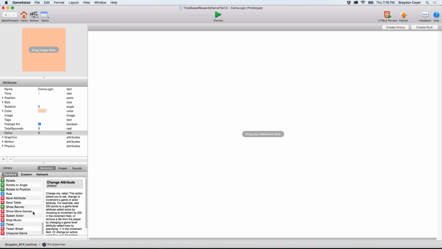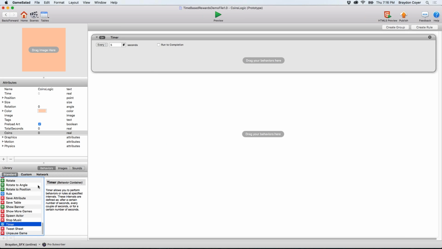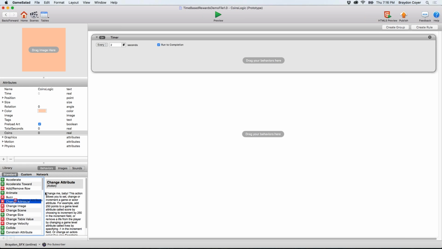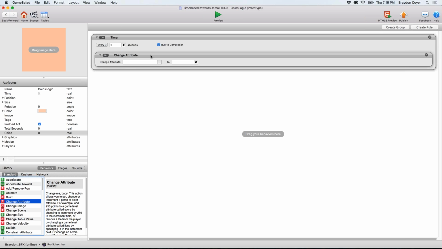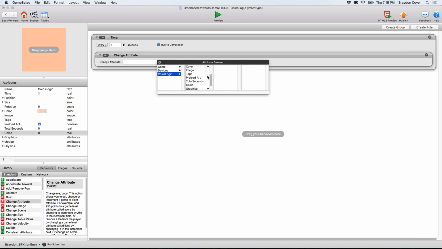All right, so here we go. This is where we're going to start our calculations. I'm going to scroll to the bottom of the behavior library and drag in the timer behavior, and we're going to want to set this to every 2 seconds to reevaluate and redo everything that's inside of the timer here. And so what we're going to do is drag the change attribute into the timer here, and we're going to change